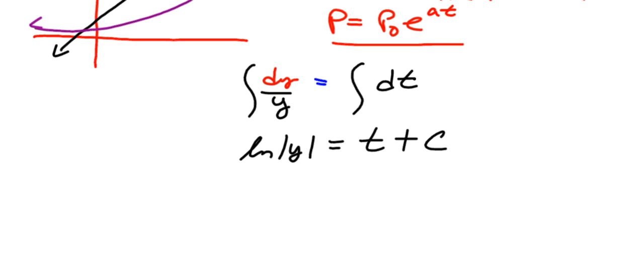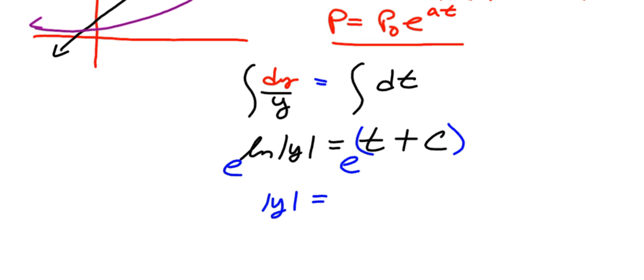So then how do I solve for y? I'm solving the differential equation, so I have to solve for y. I'm going to exponentiate by having each side become the exponent of e. Now e raised to the ln undoes itself and I just get the absolute value of y. And then what do I do with this